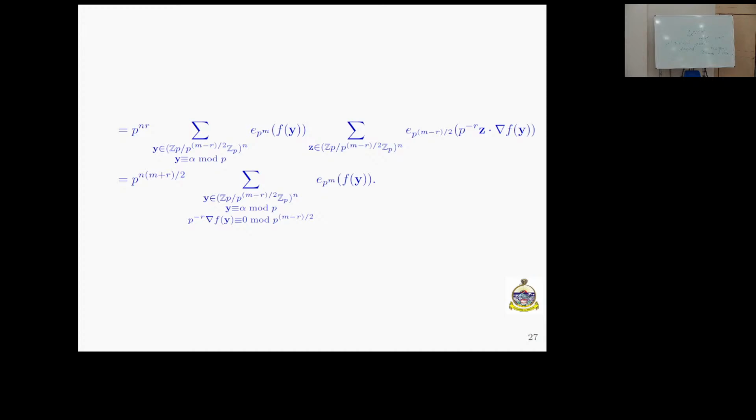And you know you have just the root of unity when this is 0 and this is not 0. Whenever this other part, p power minus r delta f y, is not congruent to 0, right? If it is congruent to 0, this is giving the full sum, right? That's what we have done. So from there we have taken p power m minus r by 2 into n outside, and this will survive whenever this is congruent to 0 modulo p. Is this part clear? This is just a sum of roots of unity.